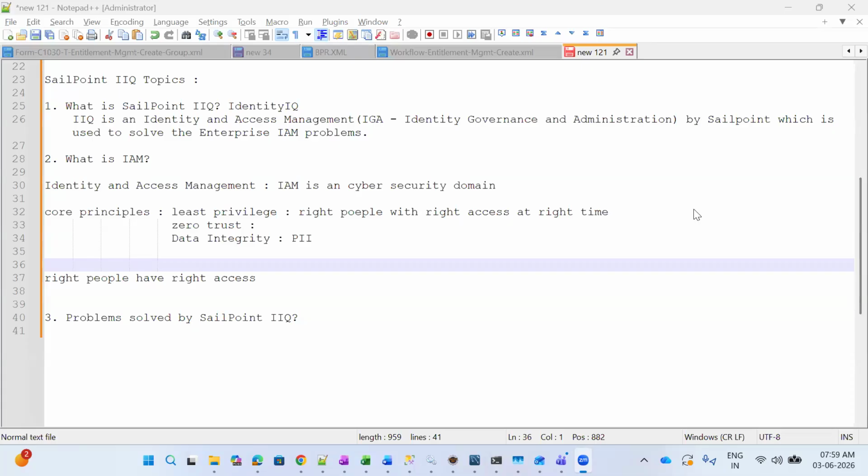The basic certification that we have in IIQ is IIQ Associate. That's easy. That can be done. But the second one, the intermediate level, is IIQ Engineer. And for IIQ Engineer, you need working experience, to be honest, because of the kind of questions we will get. You should be very familiar with the UI. So they will say